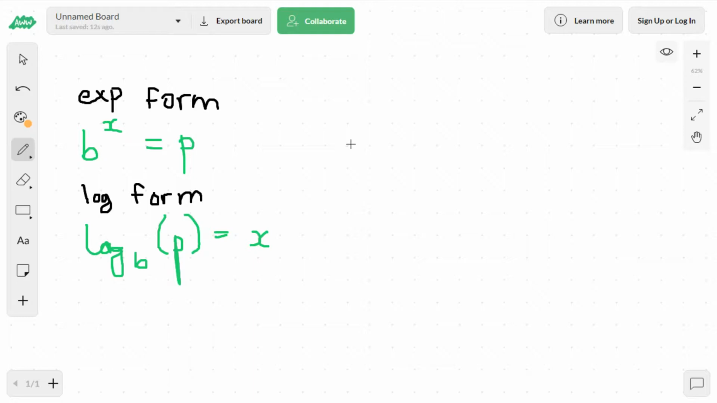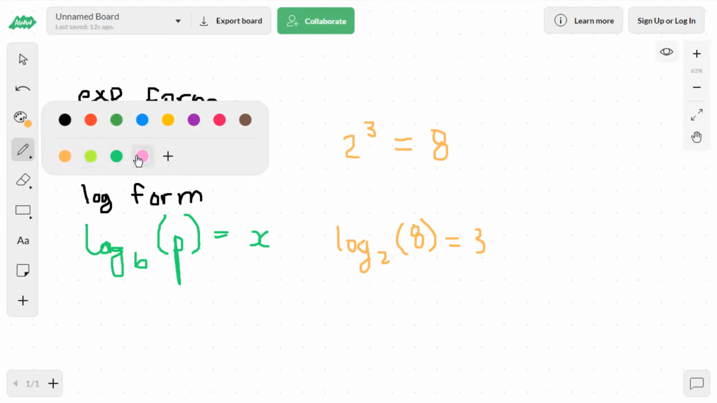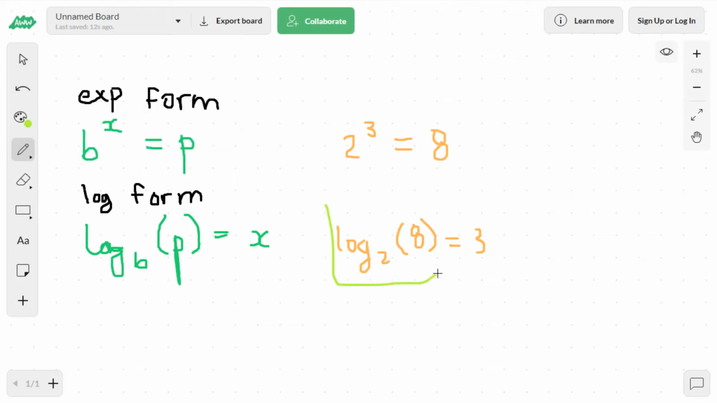So if we had something like this, let's say, what's a power that we know to be true? We'll say 2 to the power of 3 is equal to 8. So equivalently, if we wanted to put this in log form, it'd be log base 2 of 8 is equal to 3. So when you see a logarithm like this, log base 2 of 8, and you're wondering what is the answer to that,